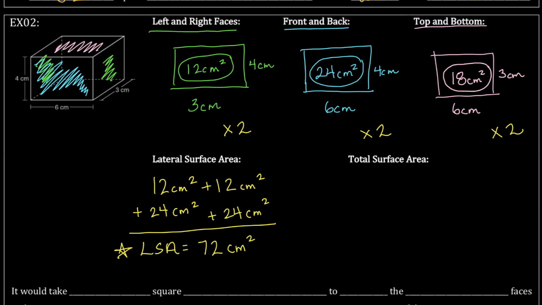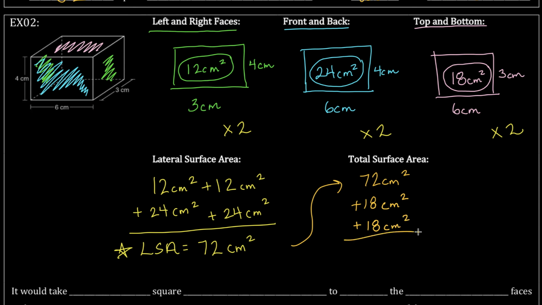Let's go ahead and do the total. Now you can go ahead and just carry this over here if you want, or you could add them all again if you want. I'm just gonna keep this. So 72 centimeters squared. And then I'm going to add the top and the bottom areas. So 18 centimeters squared plus 18 centimeters squared. I'm actually going to write that a little bit differently because that 18 looks a little funky. Not sure how much better that is, but